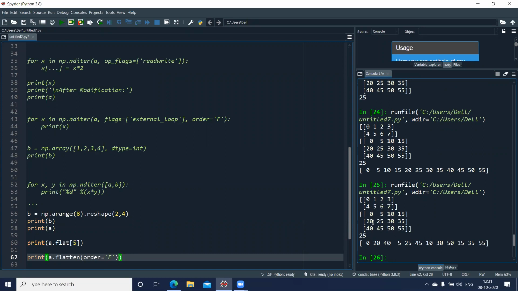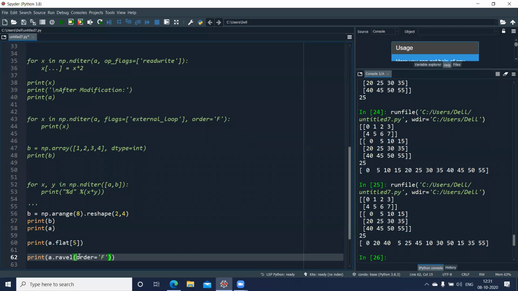Okay. Now there's one more, and the last function we have is ravel, R-A-V-E-L. It returns a contiguous flattened array. Okay. So here also we can pass the order. Instead of using flatten, I can change this one. So I can give a dot ravel.